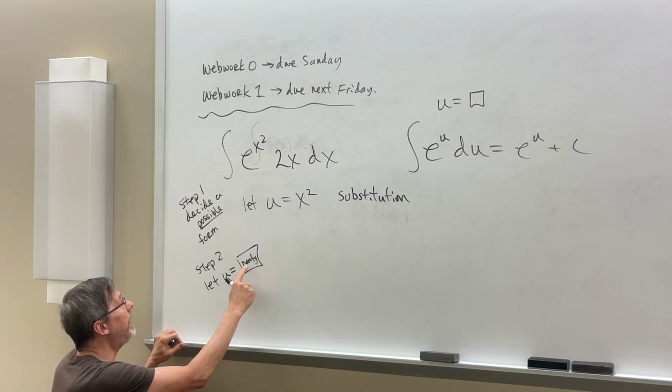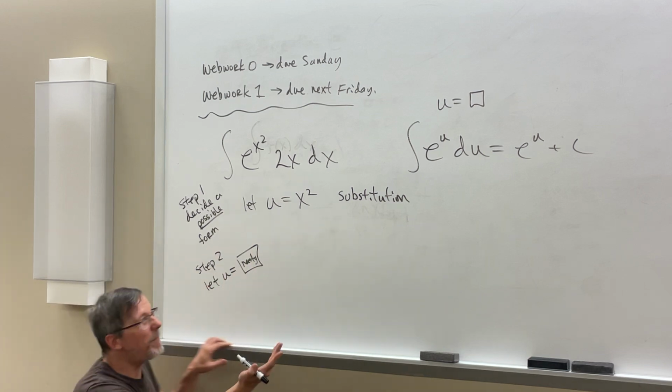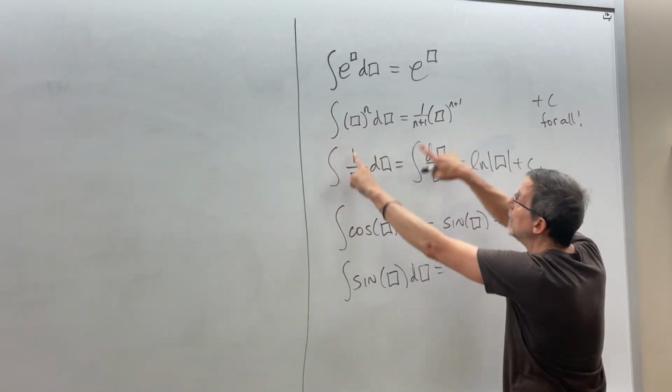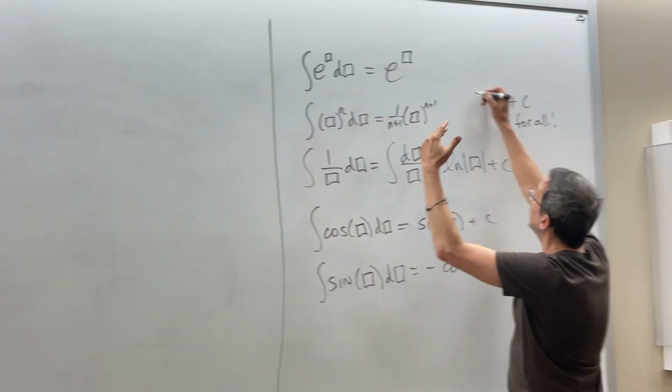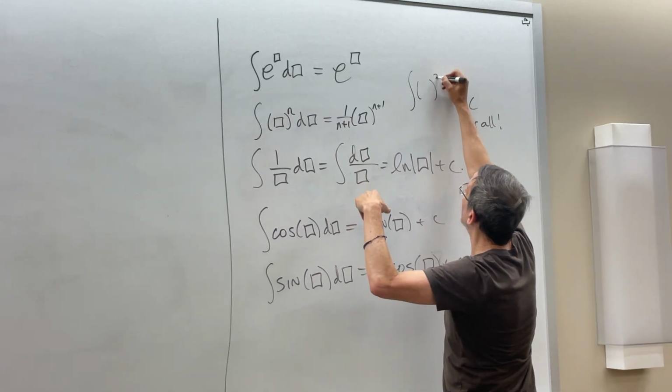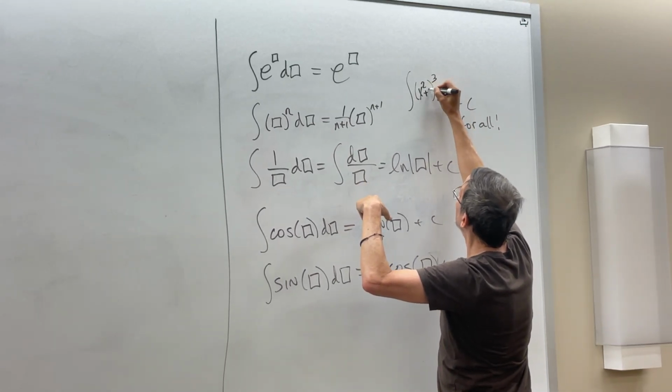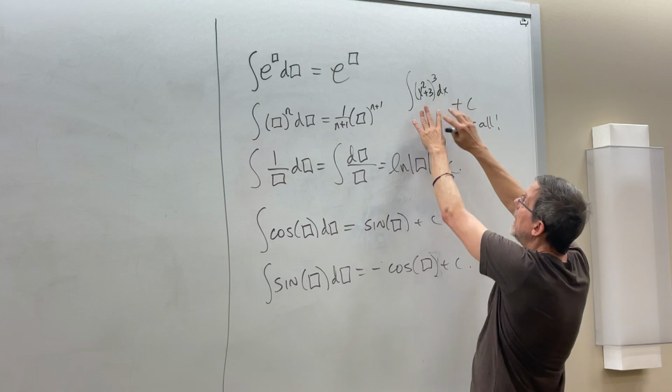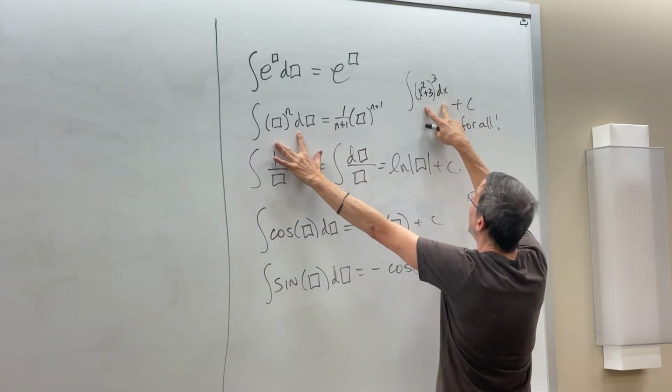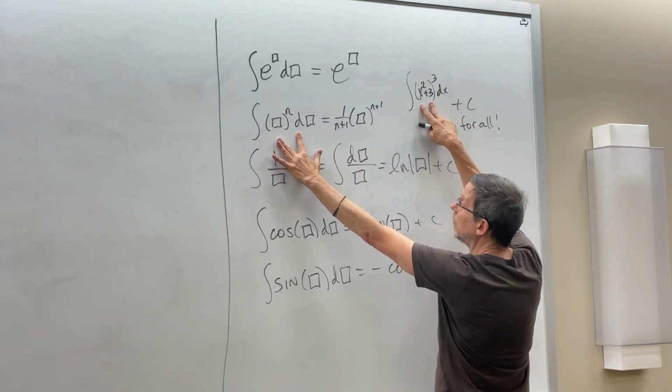So let U be the nasty part, but what I mean by nasty part is just whatever comes through here. So if I see a parenthesis, let me just give you a quick example. If I saw something like this, and I laid this template on top of here, U equals x squared plus 3